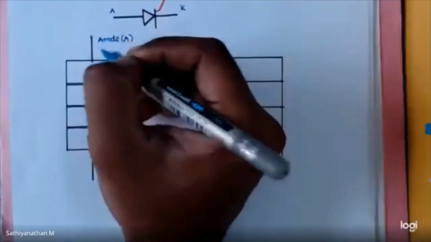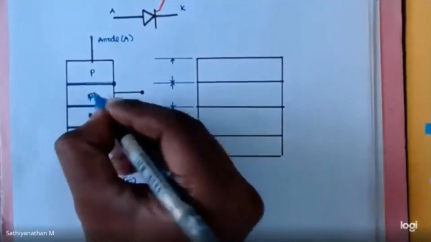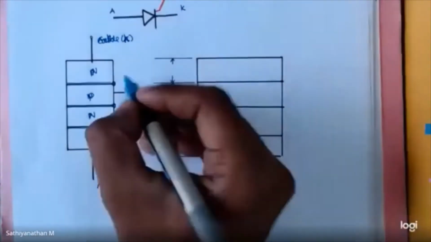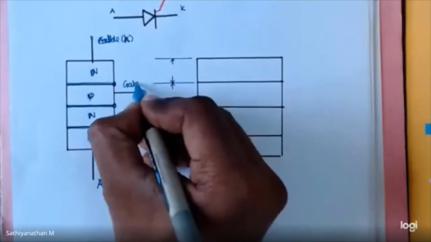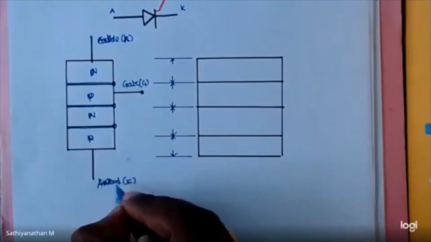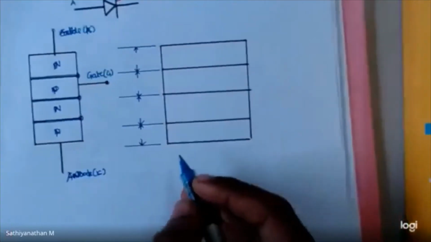Sorry. So this is P N, P N. This is the cathode, K. This is the anode. Here you have a gate, G. Okay. If you look at the internal structure, like a diode, it has a base region